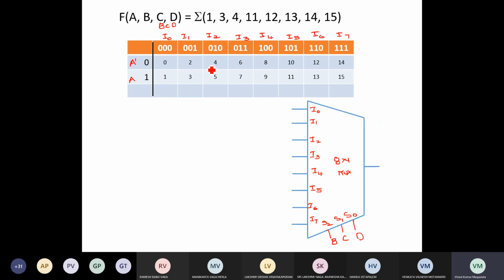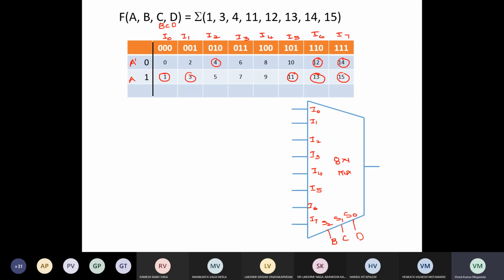So simply you again encircle 1, 3, 4, and then 11, 12, 13, 14, 15.